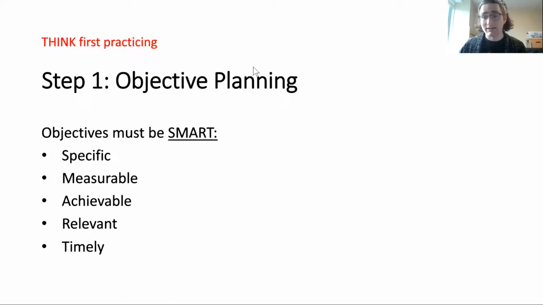So when we're trying to design effective practicing, the first step is objective planning. We need to have specific, measurable, achievable, relevant, and timely goals that we want whenever we're in the practice room. Specific, meaning that we're not practicing the whole piece like Sam's doing. We're going to target each one of those individual places that need some work. Measurable. How do we figure out if we've gotten better at that? We'll get to that in a little bit.